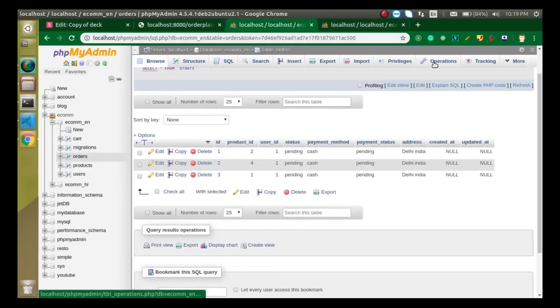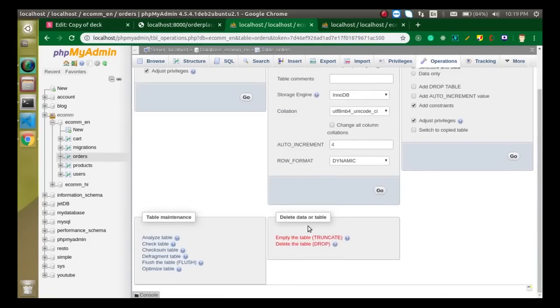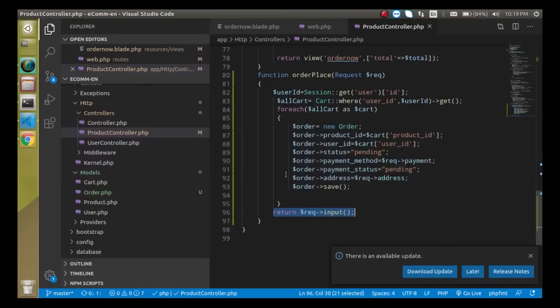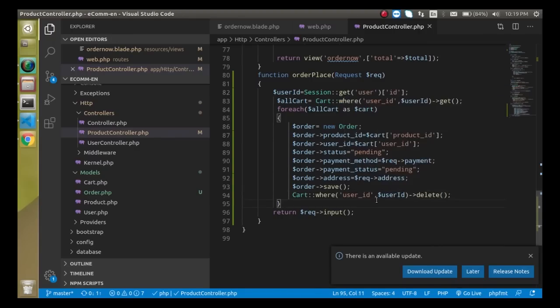So what we can do, just truncate this data, and from here now this table is completely empty. And to remove the data from cart we need to delete them. So just simply write here, so just copy this again, right? This should be the same command around 80%, and we just need to change the get to the delete function, right? And at the last we can just simply redirect it,